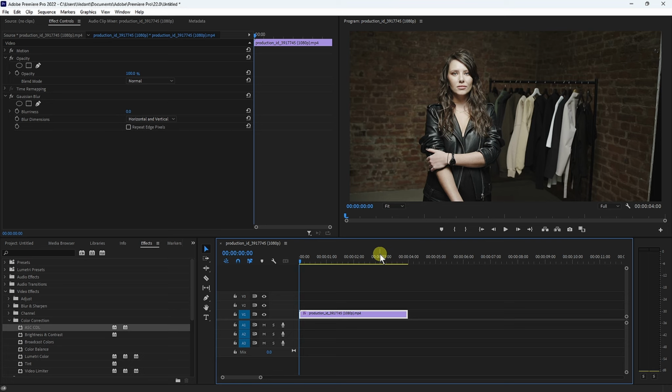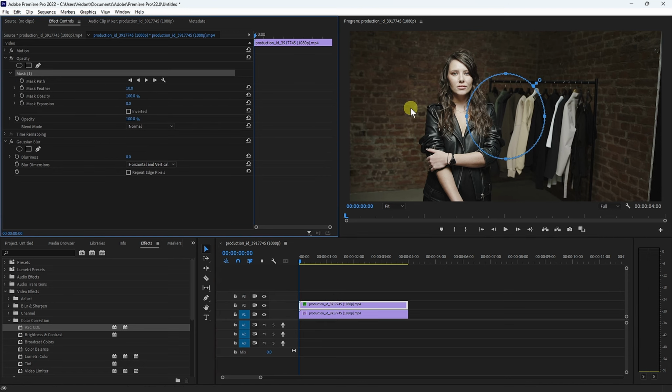I have shown you an example of a blur mask, but if you want to use a mask for other purposes, you can simply use that as well. For that I can simply create an opacity mask. I will show you an example. I just need to simply make a copy of our clip, and then we can simply select our top clip, and then we can simply add an opacity mask.